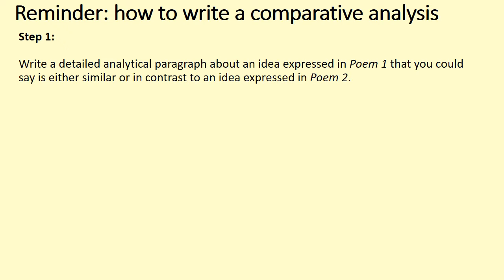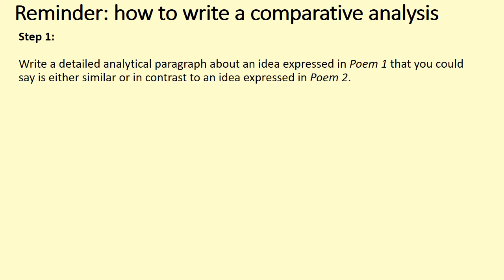So step one, if you remember, is to just write a detailed analytical paragraph where we use the ingredients of SQUICED about an idea that's expressed in the first poem that you could say is either a similar idea or contrasting idea to the ideas expressed in the second poem. So that's step one. You're going to write one straightforward analytical paragraph using the ingredients of SQUICED on the first